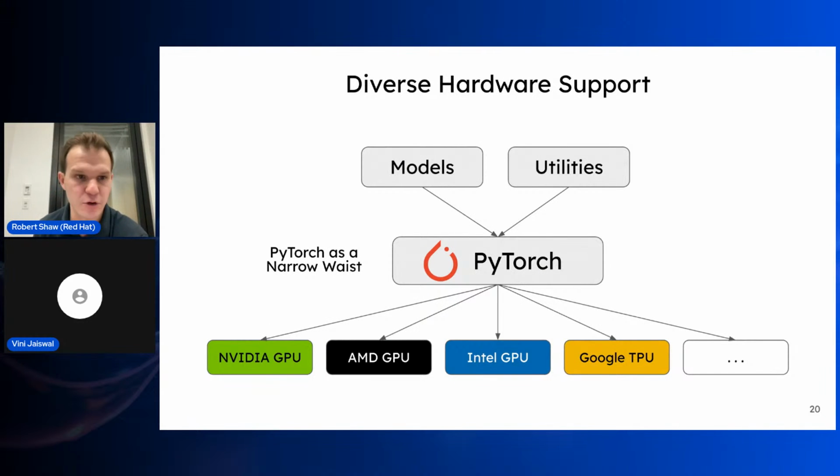project. And so PyTorch provides a really nice interface that allows us to map some of the model definitions, the scheduling code, the utilities, all of the stuff that doesn't really have anything to do with device-specific execution. All of this, or most of this, is able to be shared across the various hardware backends, and it allows the hardware companies to contribute support to vLLM with a relatively small amount of changes, relatively isolated to specific parts of the code base, and allows the model teams, the hardware teams, to really focus on the performance of their hardware platforms inside of vLLM without having to worry about, am I supporting XYZ